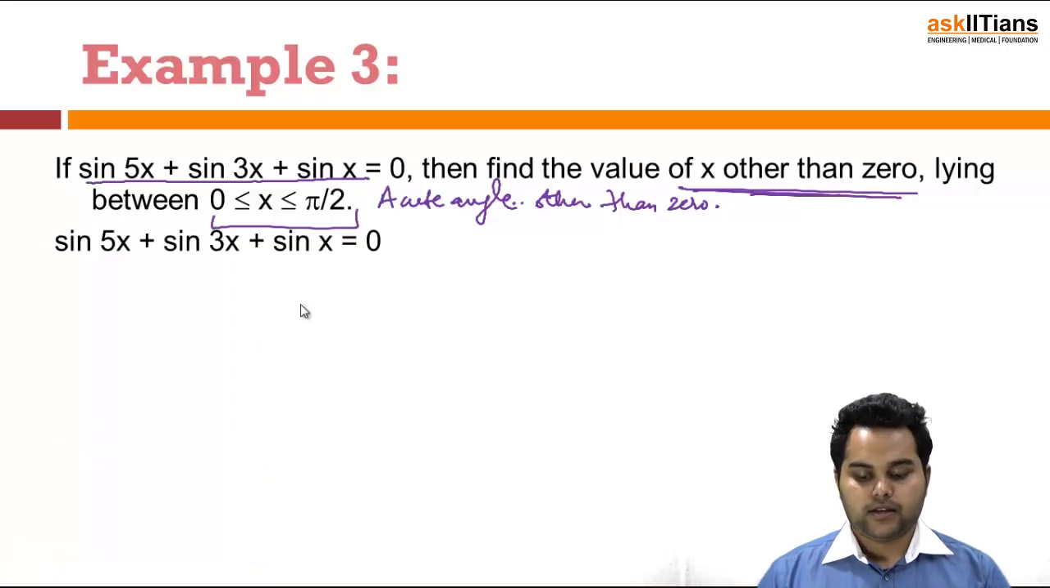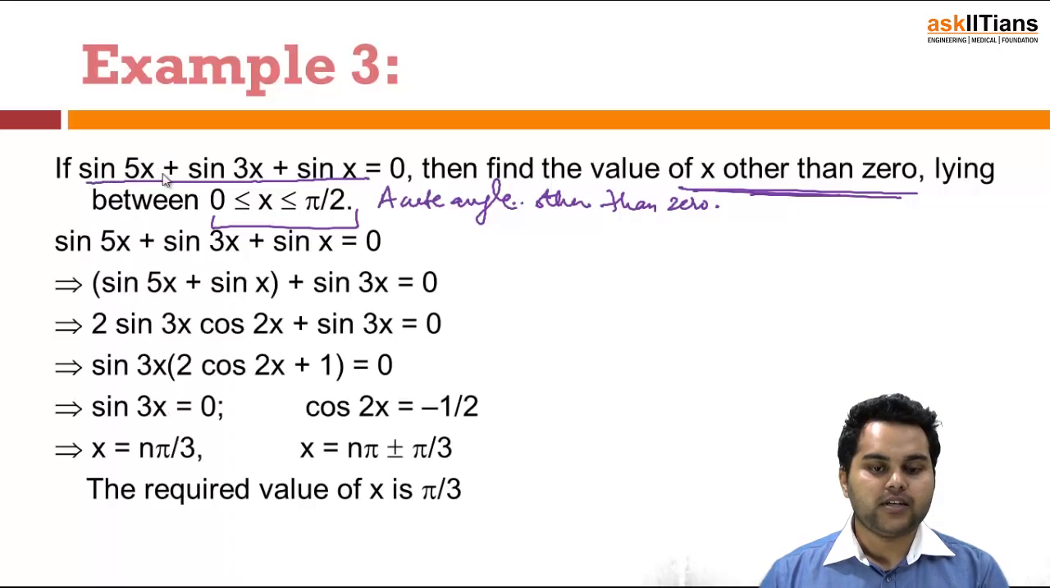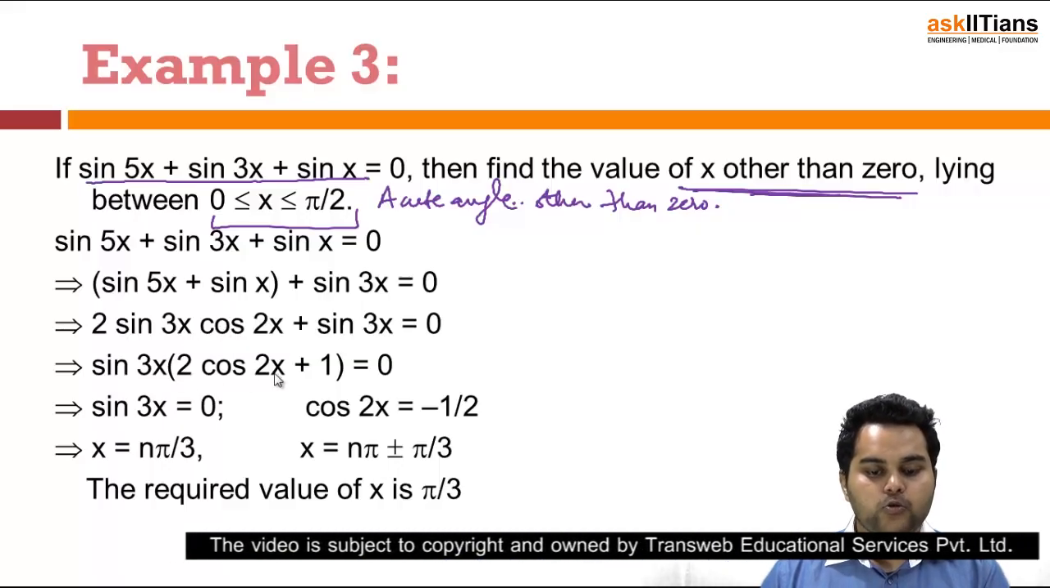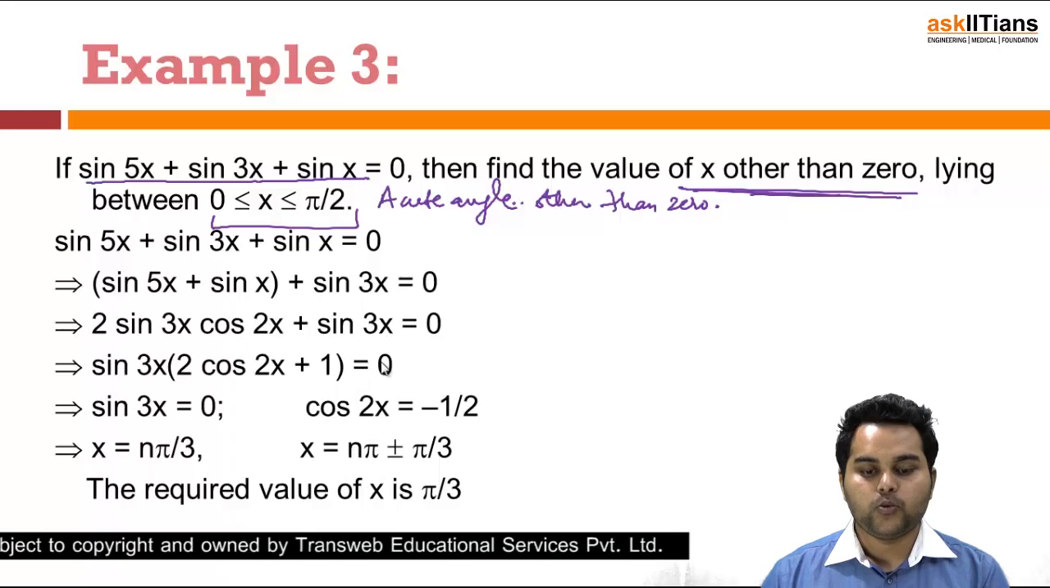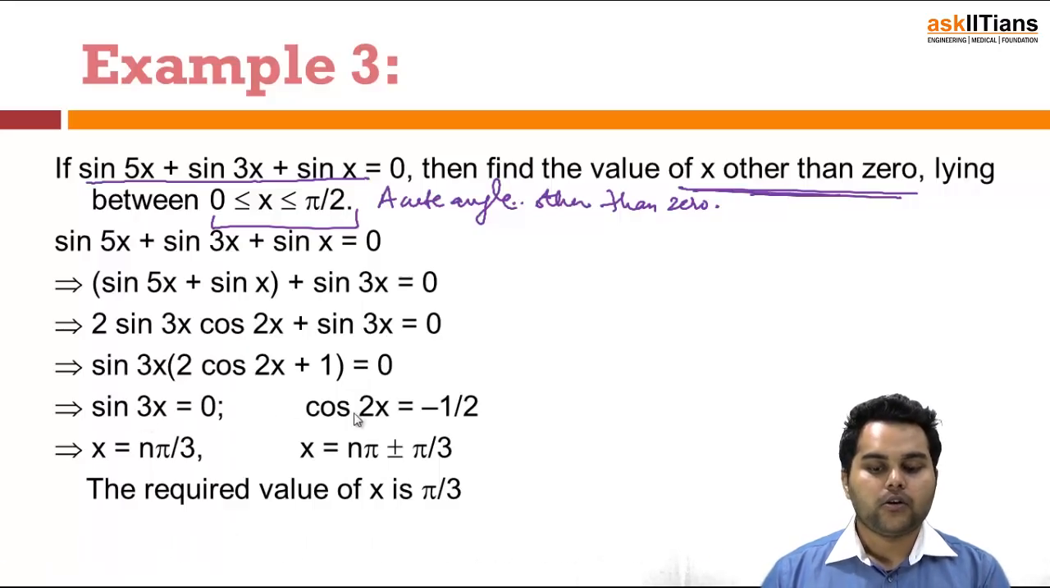Now let's say I try to couple the first sines, that is sine 5x and sine 3x. I will get the two sines combined to get 2 sine 3x cos 2x plus sine 3x is equal to 0. Then sine 3x can be taken common, that would give me sine 3x into (2 cos 2x plus 1) is equal to 0, or sine 3x is equal to 0, or cos 2x is equal to minus 1 by 2. Then if I solve this,